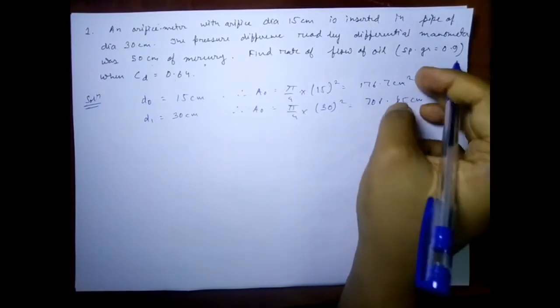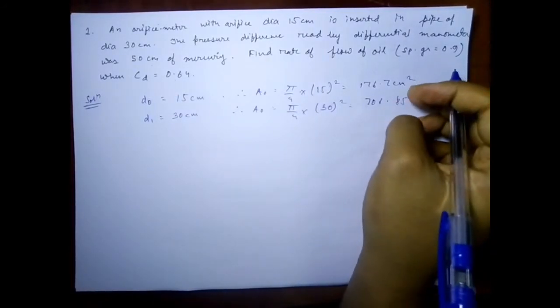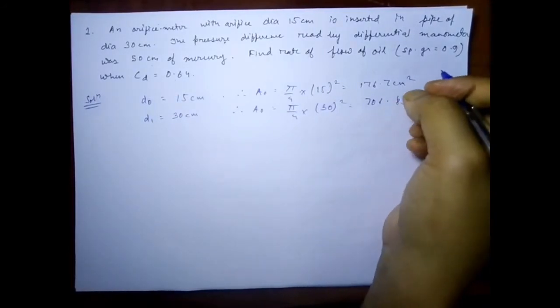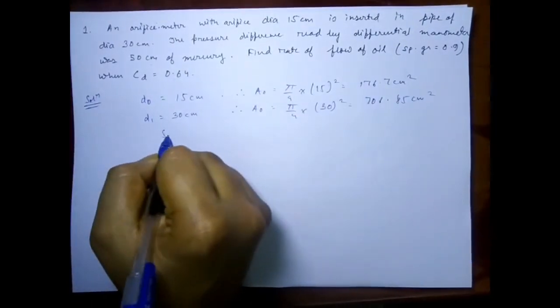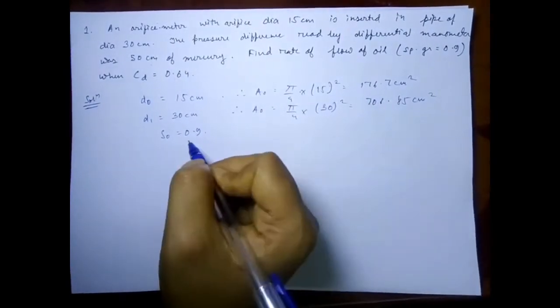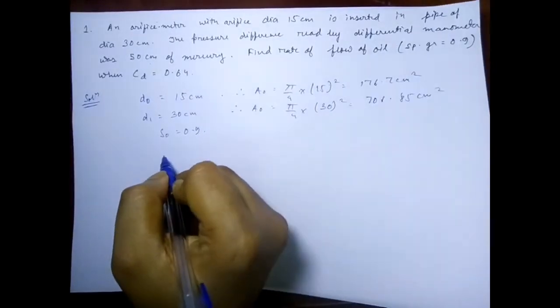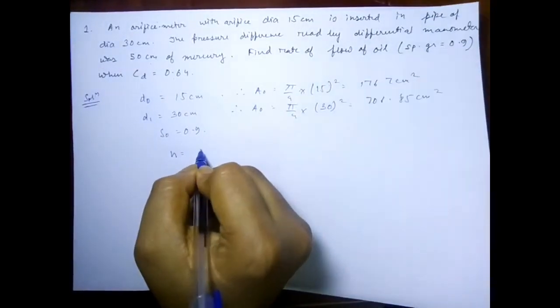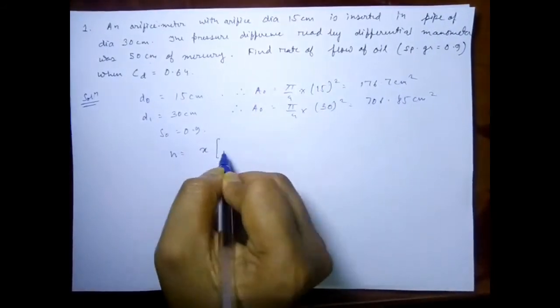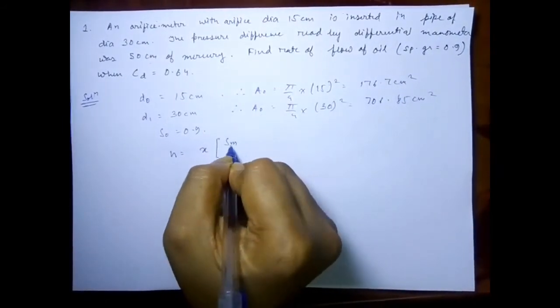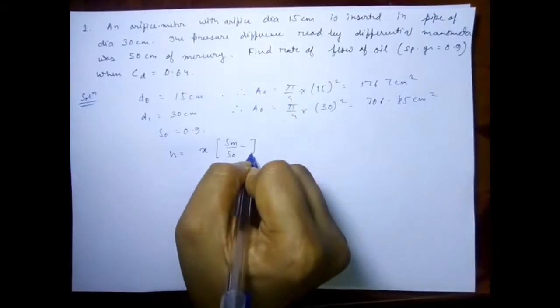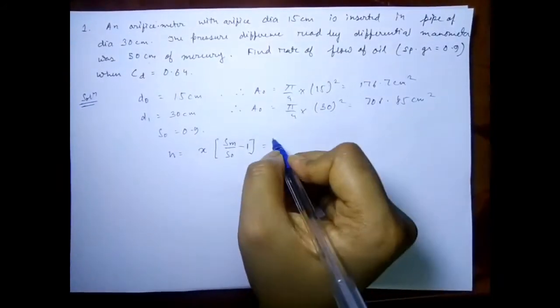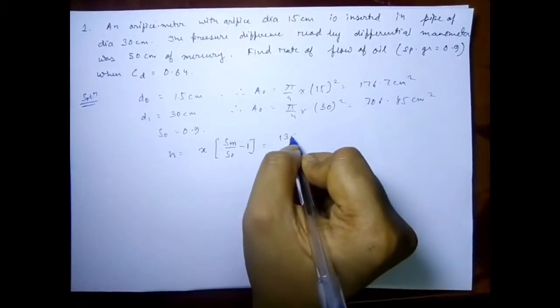Now we have the area of both the orifice and the pipe. We are given the specific gravity of oil as 0.9. So the head that we will get through the manometer difference will be x times (Sm upon S0 minus 1), and that is equal to